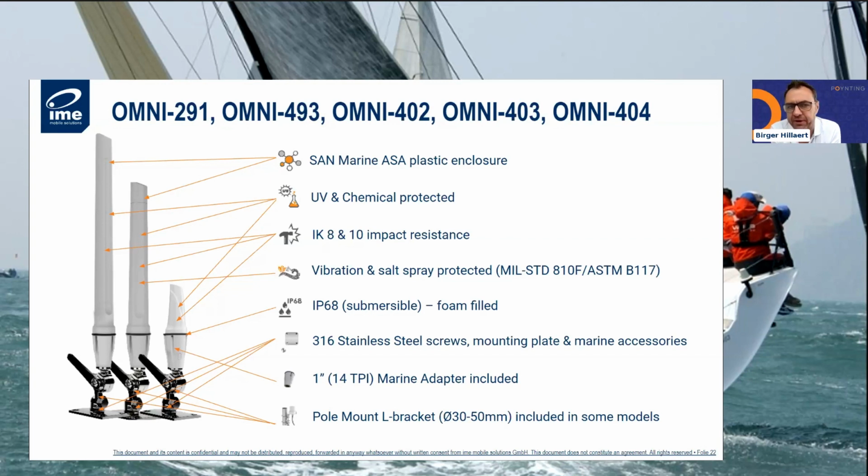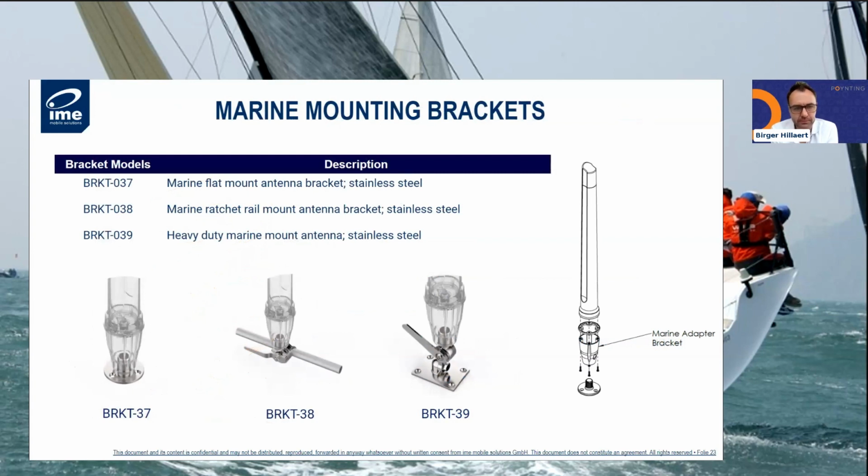This is a very acceptable price for this kind of solution for the commercial shipping market, because they also understand that cutting away 4 times 4x4 or 5G modem, 4 times that cable we discussed of over 15 to 20 meters also saves them and optimizes the whole setup. Without going into too much detail, you have a lot more marine antennas. We see a range of all different sizes and flavors, all possible to hook up to the standard mounting solutions that you offer, like the different brackets, like rail mount, like the flat mount, or